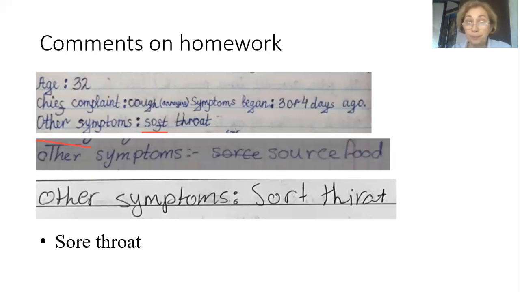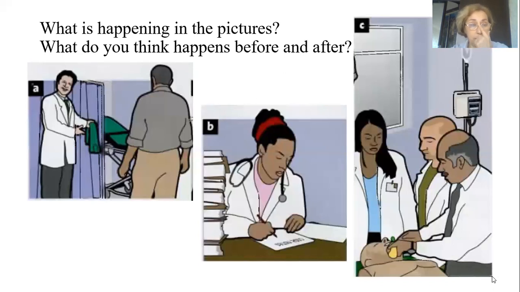Well, now let us move to our first slide from unit 3 of the course book, and here you can see the pictures illustrating some events, some activities of the doctors and medical professionals in a hospital. And the question is, what is happening in each picture? And what do you think happens before and after? In picture A,